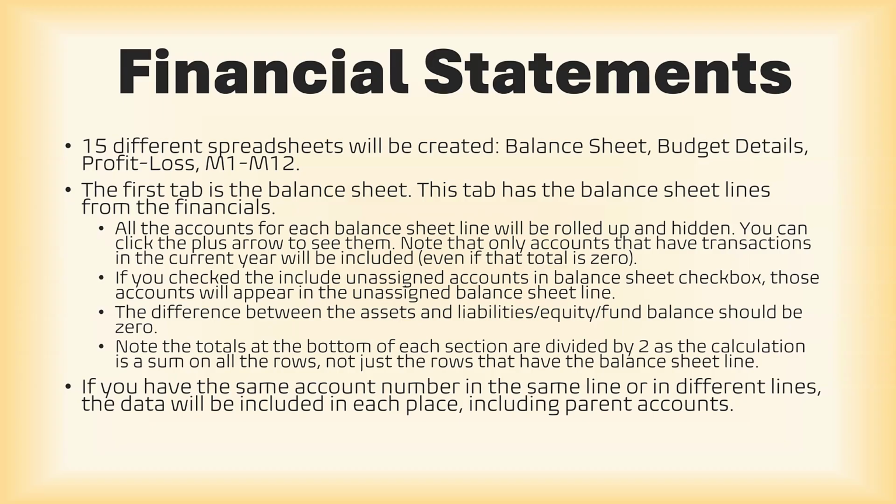That total could be zero, so it may show as zero, but that just means that the plus and minus, the sum total, was zero. You'll see that unassigned balance sheet line if you check that box. If you did everything right, the assets and liabilities / equity fund balance should be zero at the end of your fiscal year. Note that the totals of each section are divided by 2 as we're just doing a sum